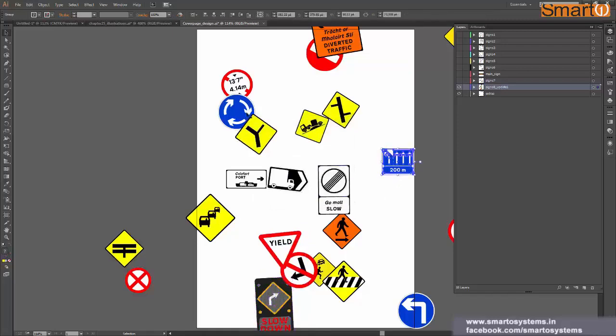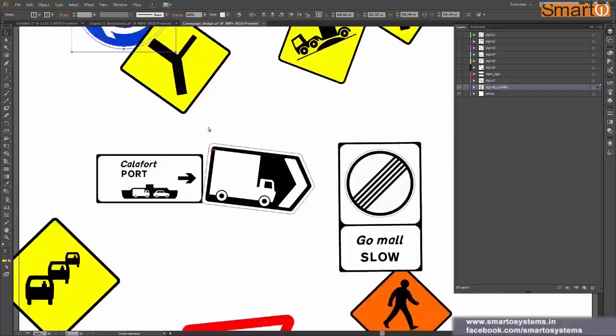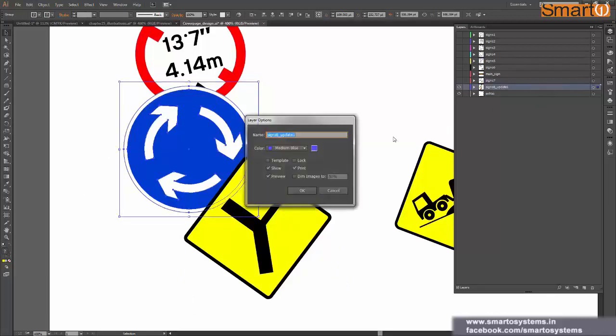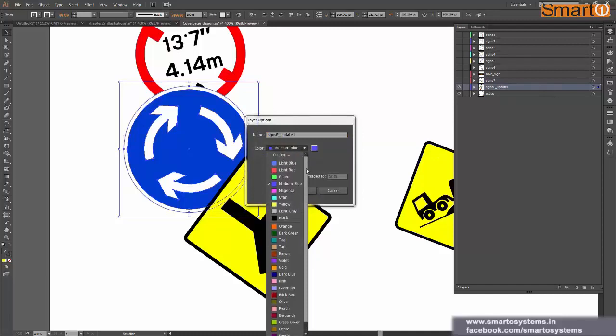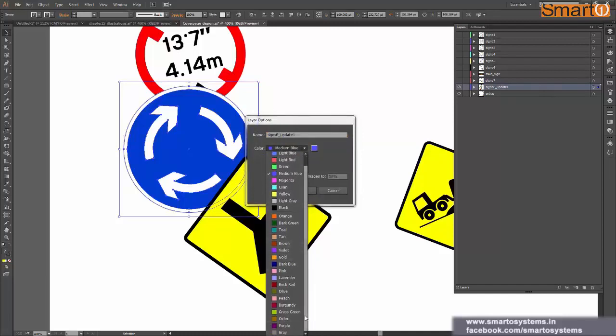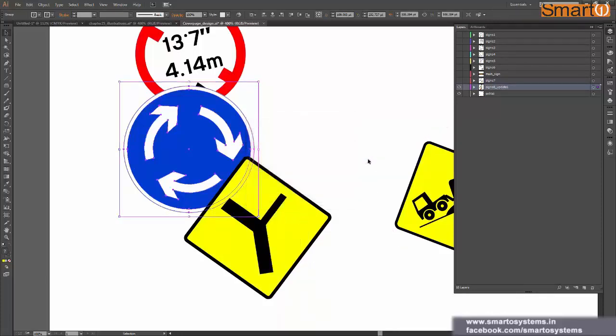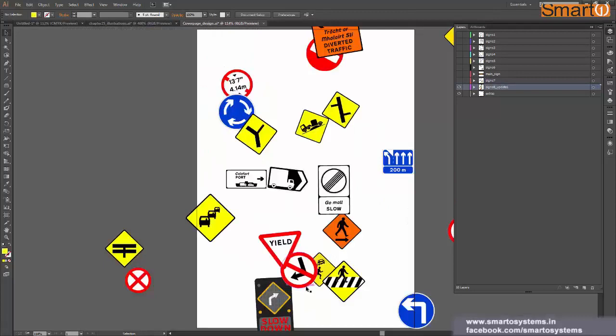Here I have this problem that I'm not able to see these outlines very clearly on the blue itself, although it is visible here very clearly. But if I select anything which has blue in it, then the blue on blue will not be visible very clearly. So have a color which is complementary to all your colors in the layer. I'm just going to select magenta for right now and click OK and press Ctrl 0.